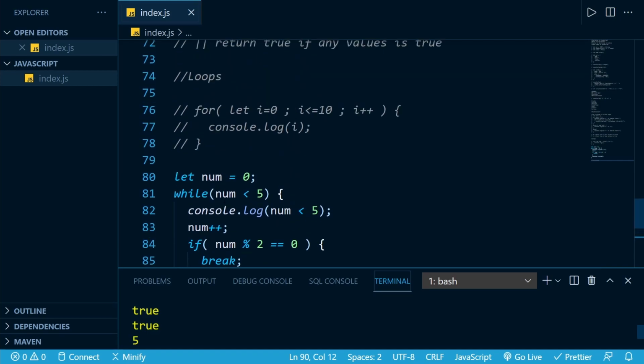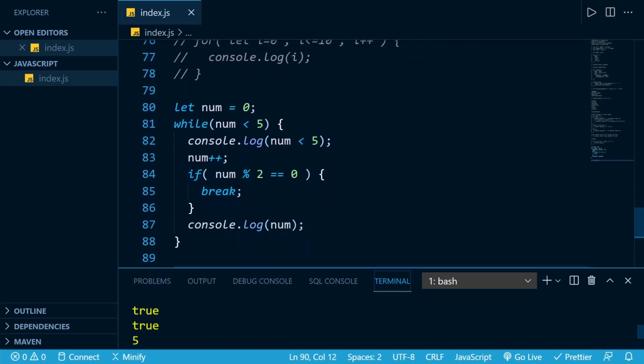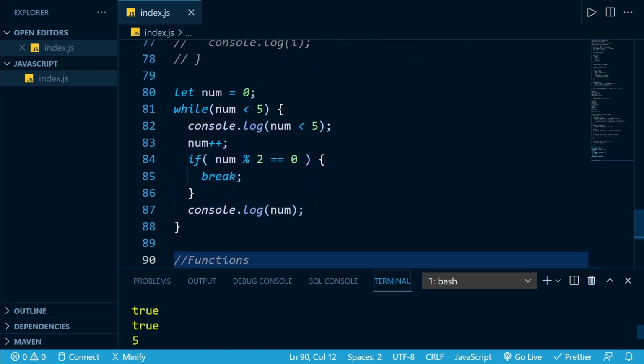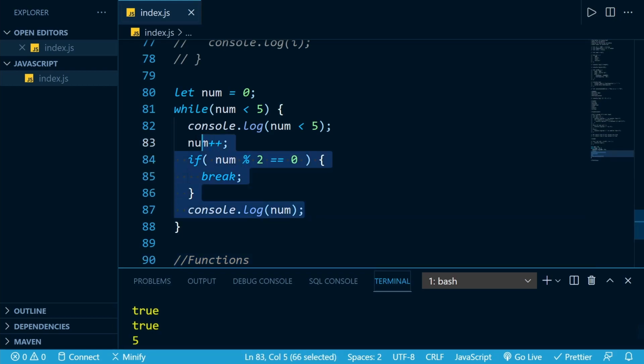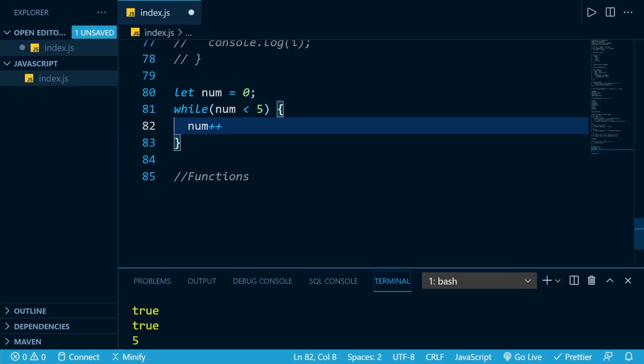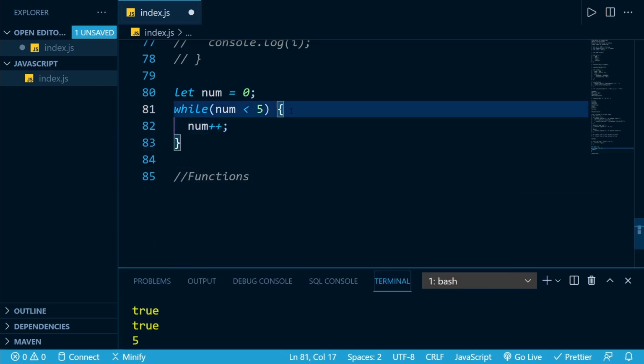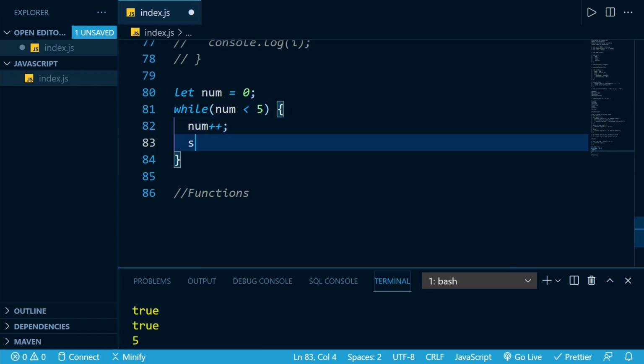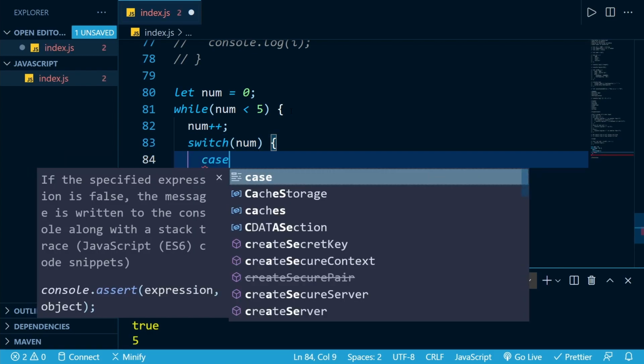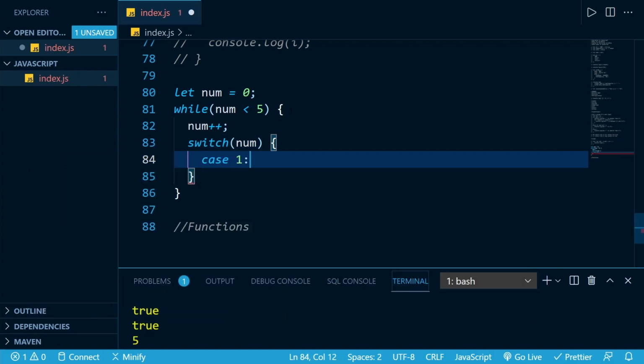And here in conditionals, we learned the if condition, we learned the else condition, but we also have another conditional statement, that is switch case. So inside of our switch case, we can just keep doing num plus plus here, and we can do something like this. So our switch would contain num, and our case would be something like case 1.